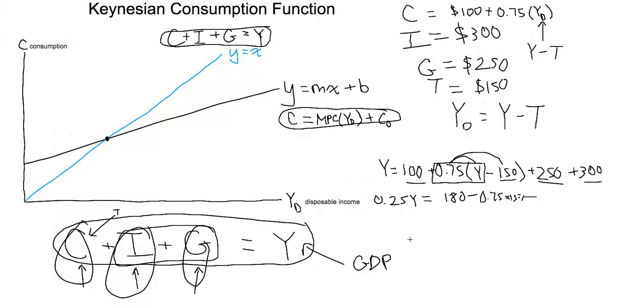So the autonomous spending multiplier for government spending, it's the change of GDP over the change in government spending. It's also equal to 1 over the MPS. And so whenever you find out what this autonomous spending multiplier is equal to,